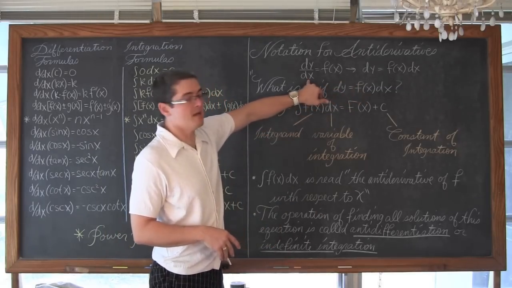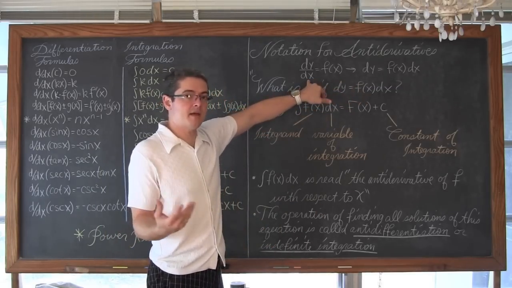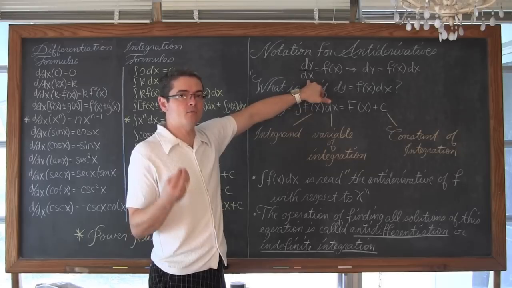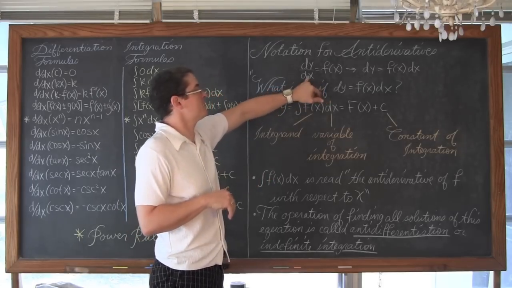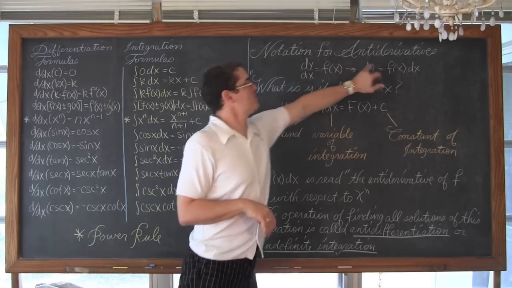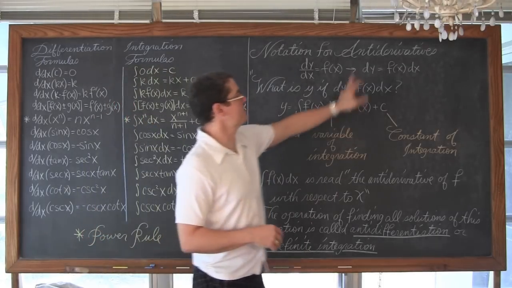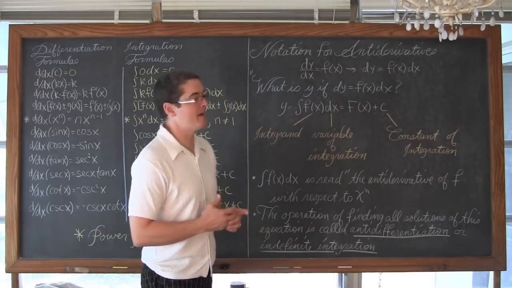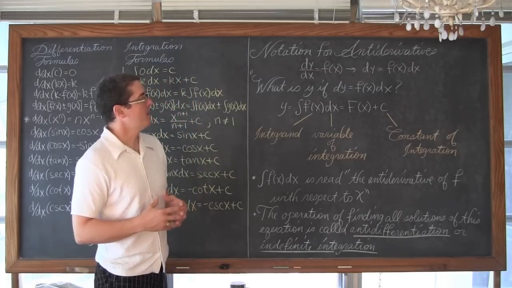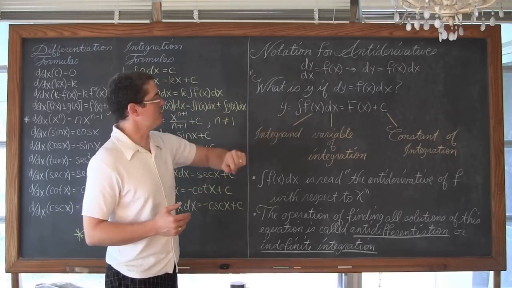We're going to take this dx, or it could be dt, it could be d theta, whatever we found the derivative of with respect to that variable. We're going to take that dx in this case and multiply it to both sides of this little equation for convenience sake, and say that dy is equal to f of x times dx. And you'll see why that is down here in a second.